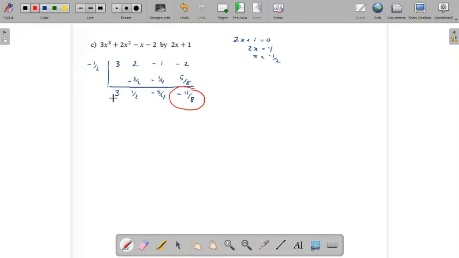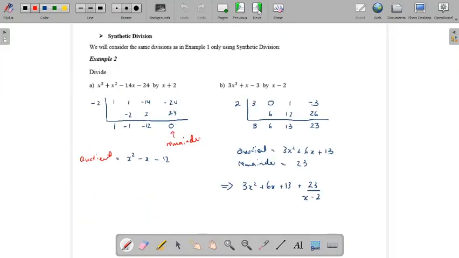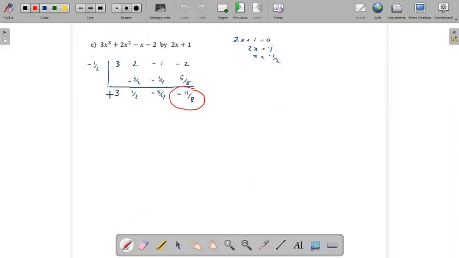In actual fact, what we have to do is to get our answer, let's just check. Okay, it's positive, positive, negative. Positive, positive, negative. So the signs are right. However, the values are different. What we need to do is we need to take each of these values and divide it by this number here. Okay, so our actual answer will be 3 over 2 x